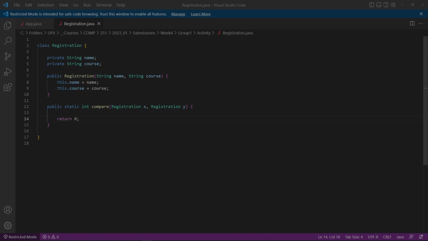Okay, the next thing I would just pay attention to while I create this class, it's pretty bare bones at the moment. We shouldn't need to write too much more. I would like to store separately the name of the student for the registration and their course, just so I can deal with them when I'm thinking about how I would like to compare